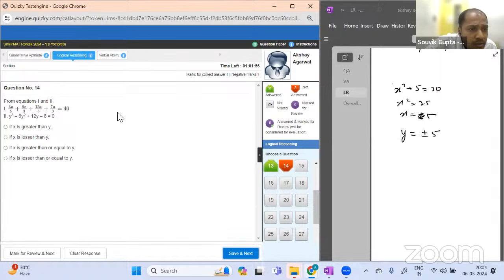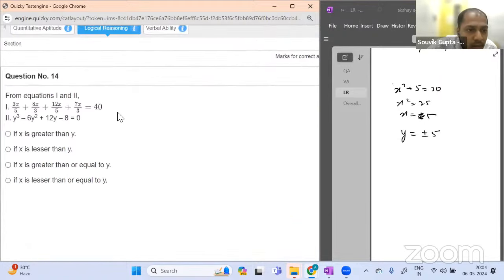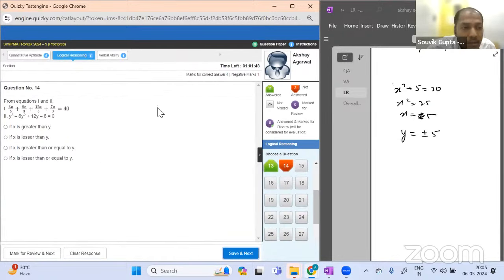From the equations, 3x by 5, 8x by 3, 12x by 5, by 5 and by 5, 8 3 plus 8, 3x plus 12x, 15x by 5, 3x, and 15x by 3, 5x, 3x plus 5x, 8x is equal to 40, x is equal to 5,